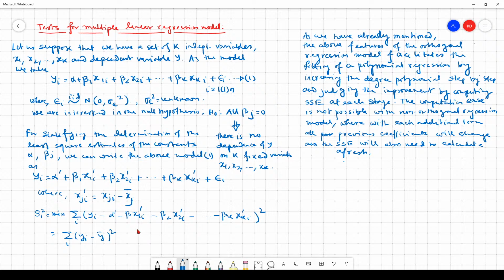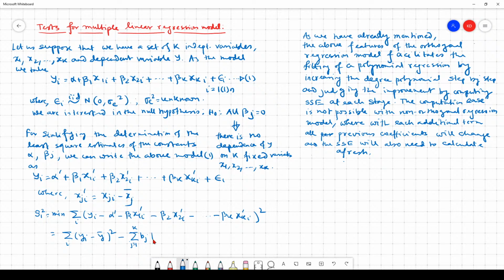If you use the least square estimate of alpha dash and betas, then you get, since in this topic I have several times discussed the least square estimate, I just skip that portion and write the least square estimate of alpha dash, beta 1, beta 2, beta k. Okay, so use this, you can get